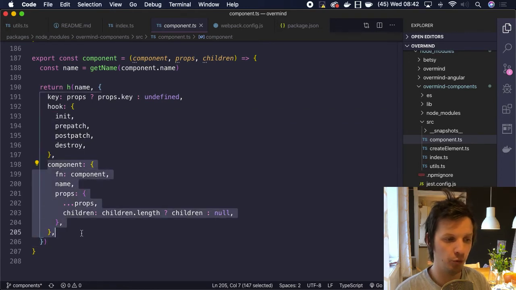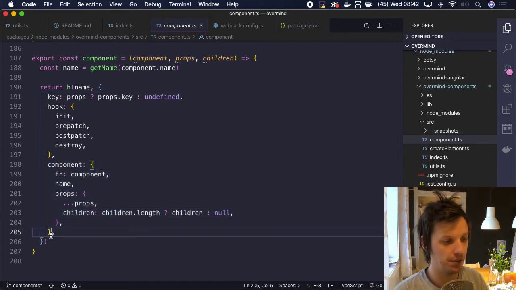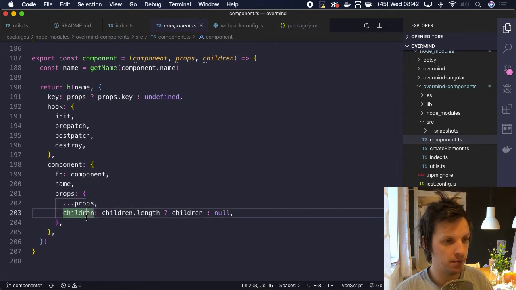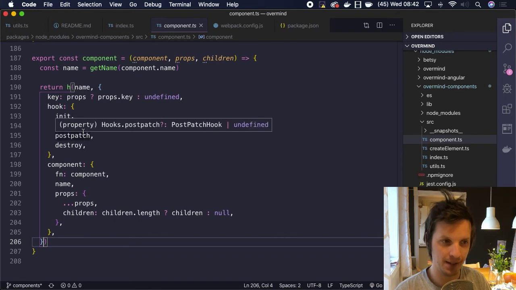And this component object lives through the lifetime of the component. So it's shared between patches. And this was kind of a tricky thing to do, keeping that reference. But as you can see, it doesn't pass in any children here. So it only creates the component node itself. And then